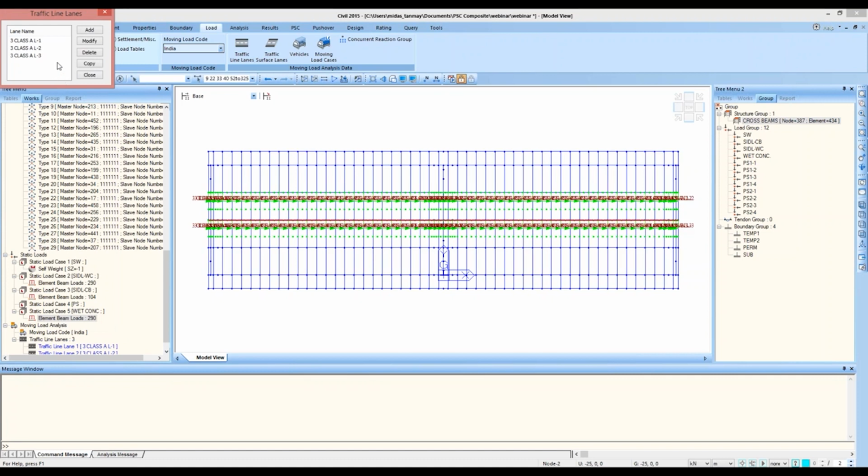Next I'll be creating the lanes for the 1 class A plus 70R load case.